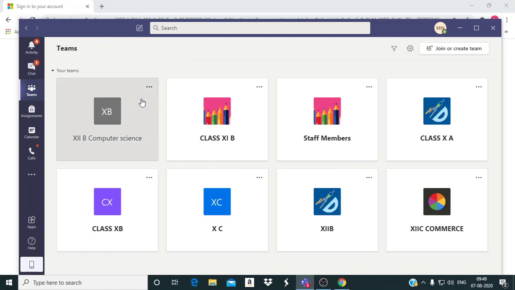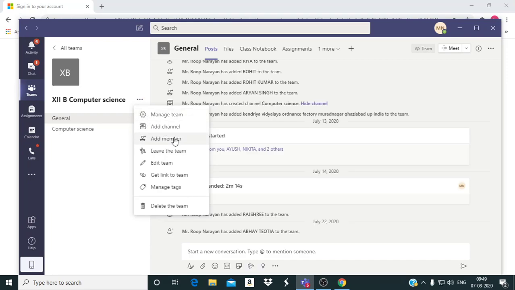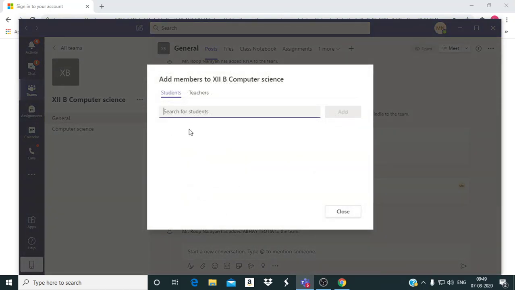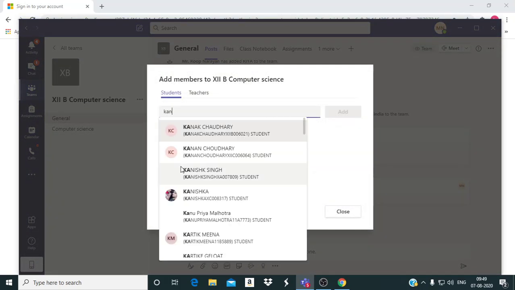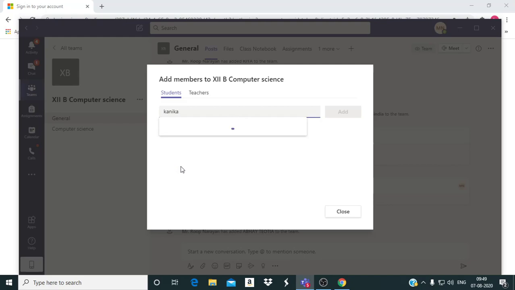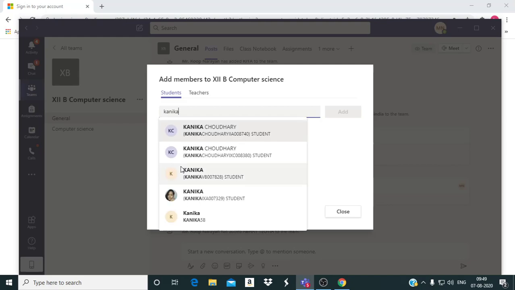In case I need to add a new student, add member, because a new member in my class is to be added. I click on this, search that concerned student, that is Kanika. Suppose Kanika was the student. The system doesn't understand 5th B, 4th B, to whom you want to connect. I just select Kanika, who is a 5th B student, and want to add in class 12th B. It's very easy.